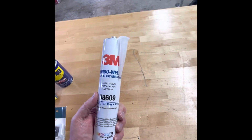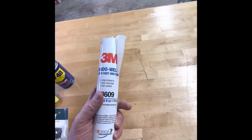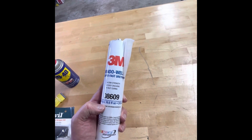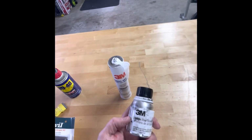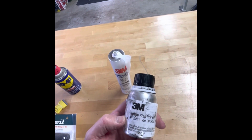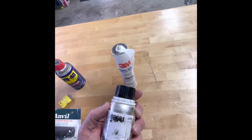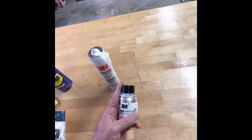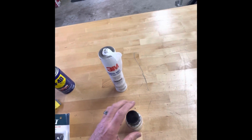The product that you're going to use is the 3M window weld, part 08609. It's a black, almost silicone type product. You just use a regular caulking gun to apply it. And here's the product that I failed to use the last time, which really made the difference. It's the 3M single step primer. The part number on this is 08681. And what you do is you shake this up really well, and then once you open the lid,